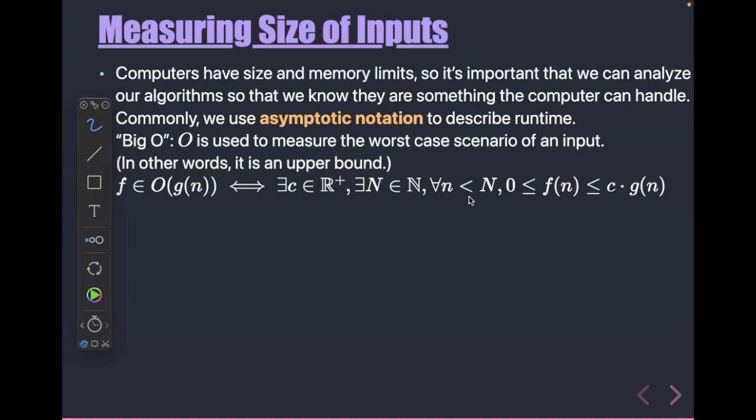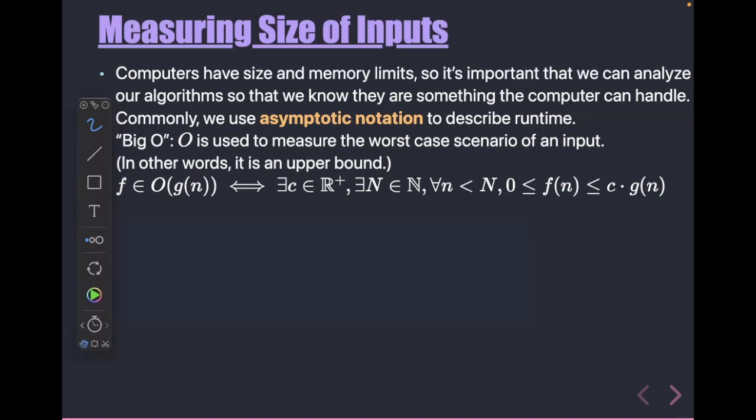So for all little n less than N, within this input limit, the speed of your algorithm is going to be greater than 0, right? It's probably not going to take no time, but it's going to be less than some constant times this function